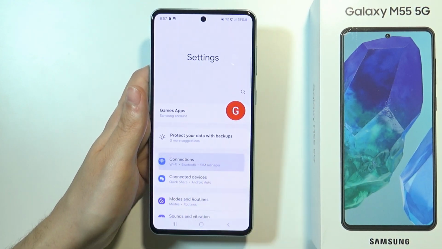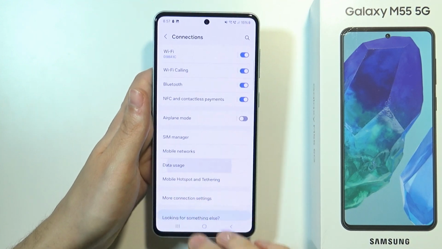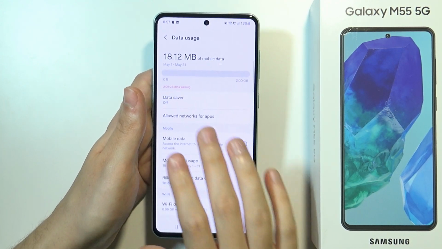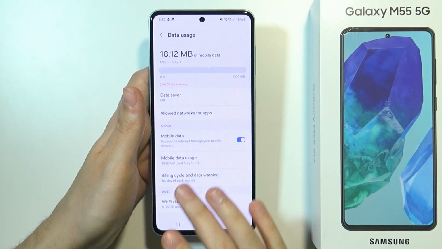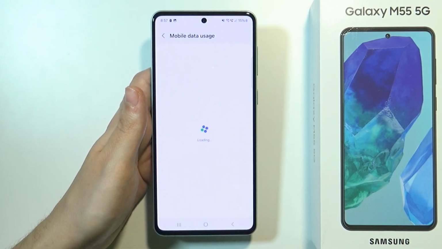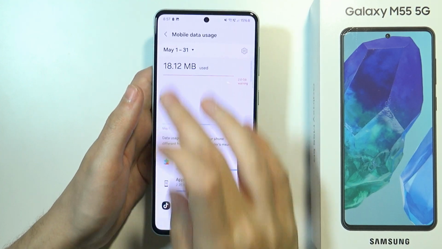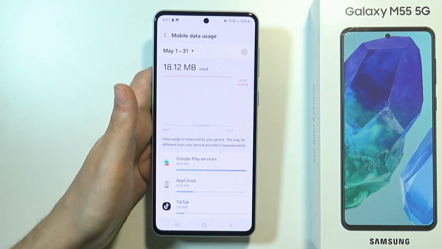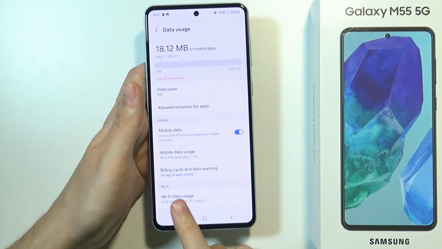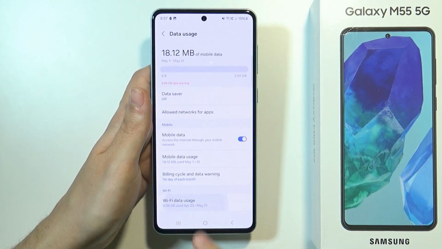In the settings we want to go to connections, and over here we have data usage. Here we can see the overall usage of mobile data. We can also tap on mobile data usage over here in order to see more details. We can also switch the period over here. And if we go back, then at the bottom we have the same thing but for Wi-Fi, and over here